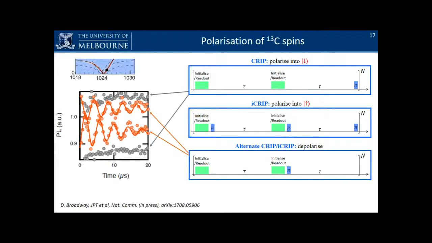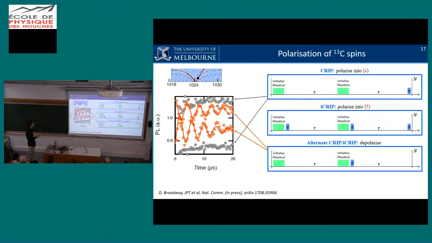So this is the experiment where, for that graph here, we sit on the resonance after the G-slack. So we have the NV at 1.1 megahertz. And we do the following measurements. We measure the PL as a function of the tau time with two different sequences. In orange, it's when you alternate CRIP and I-CRIP, where in that case you expect to prevent polarization buildup. And we see fast oscillations that correspond to the flip-flop between your NV and your bath of carbon-13 spins. Now in gray, it's when you use a polarizing sequence. So you just initialize, wait,